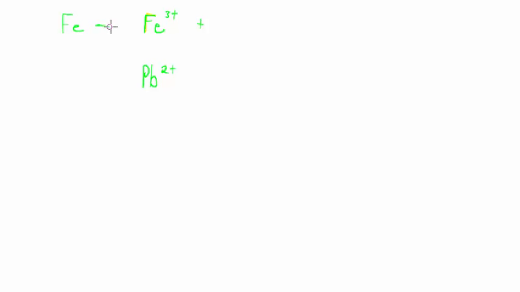So between iron and lead, sorry, not iron, iron 3 and lead 2. Okay, iron 3 is more likely to get electrons from lead. In other words, he's more likely to go reduce. In other words, to go from 3 plus to becoming just pure iron. But that's not going to happen here because we have iron nails put in. They say iron nails are put in lead solution